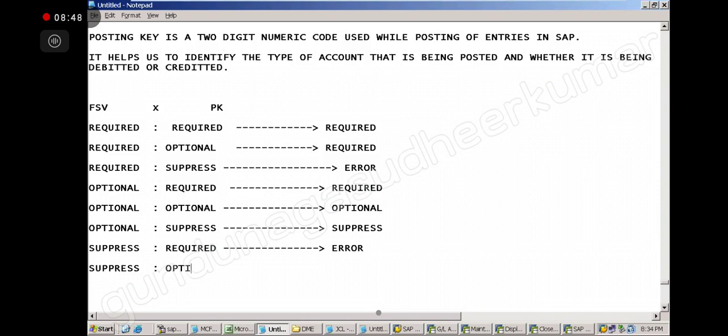Suppress here, what? Optional. Then suppress. Correct now. Which one is the extreme one? It will be optional. We are not giving anything. Now, anything is okay. So when you are saying anything is okay, you should be ready for suppress also, right? When you are saying optional, not given is also okay. So then go for not given. Correct. And both are suppress. Both are suppressed. You tell me. Suppress only. Got it? Just generally you have to think and you can answer, right?